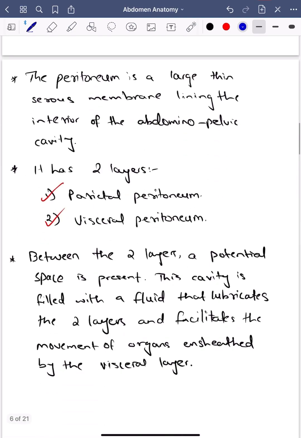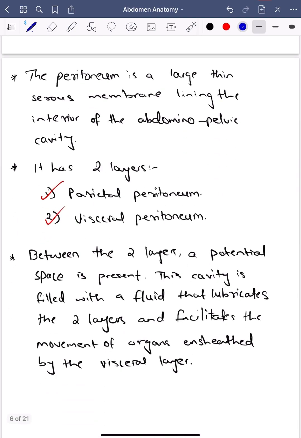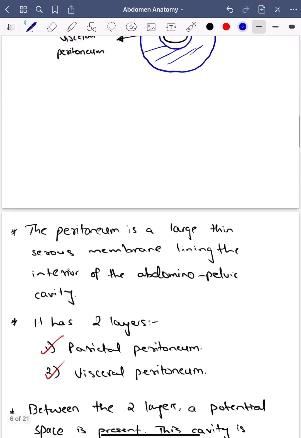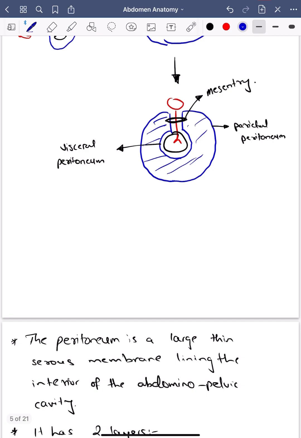and this cavity is filled with a fluid that lubricates the two layers and facilitates the movement of organs ensheathed by the visceral layer. Now, the peritoneal cavity is filled with a fluid, and the function of the fluid is to help in lubrication. Usually the volume of fluid within the peritoneal cavity is small, around 50 ml, but in some diseases or pathological cases there is excessive accumulation of